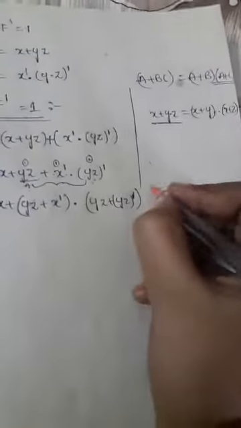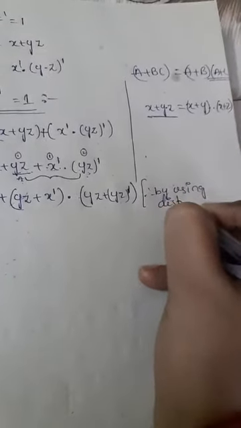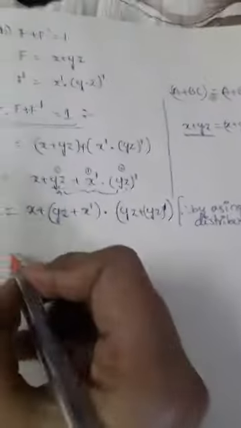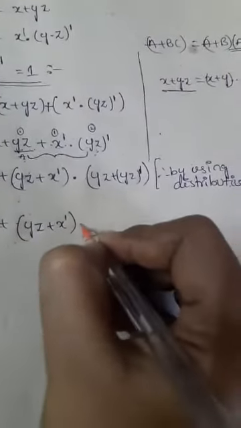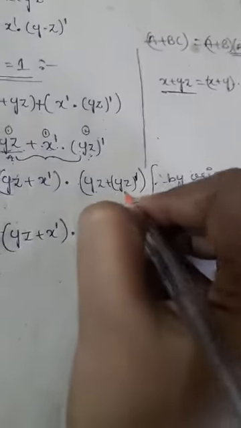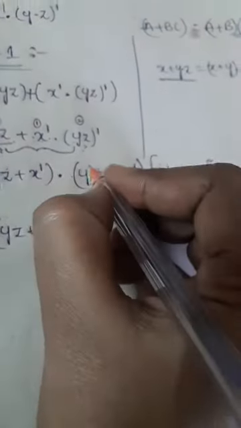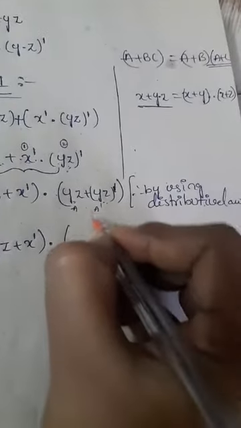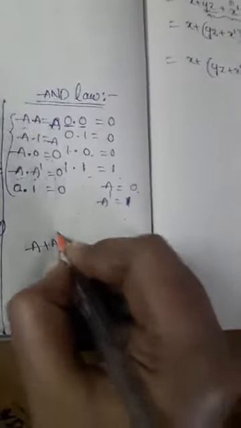Okay, so here you can write it by using the distributive law. Now x plus yz plus x complement into, here just observe, in yz both the terms are the same, but the second term has the complement. So you can imagine yz as a and yz complement as a complement. So what is the result? a plus a complement. Now we will check what is the result of a plus a complement.